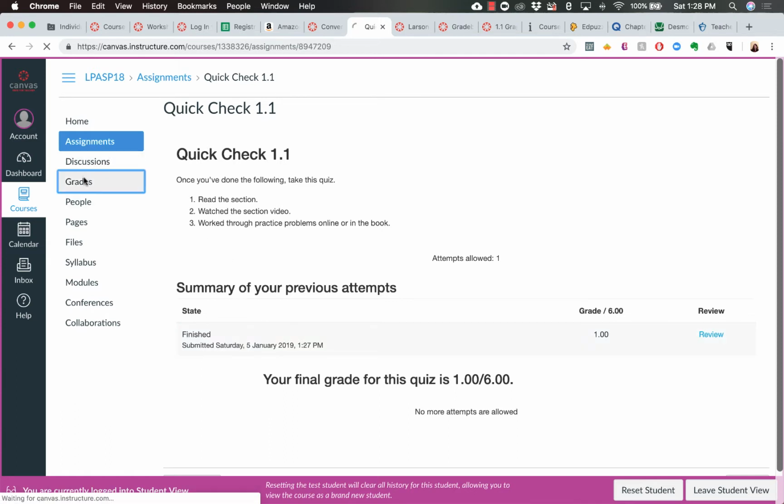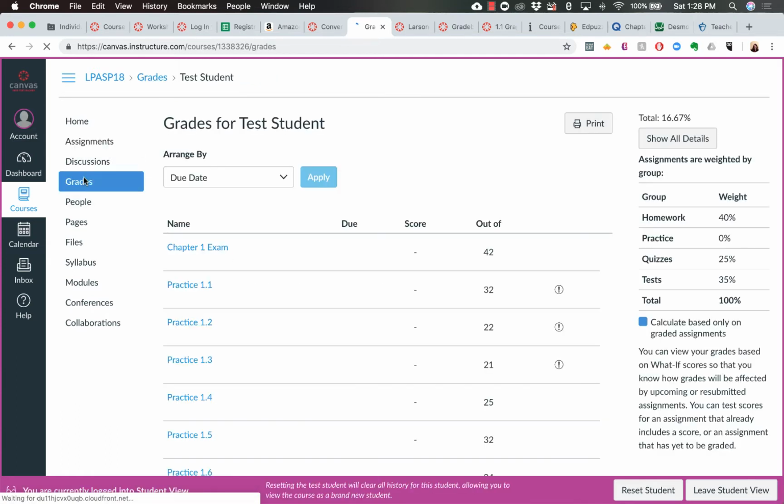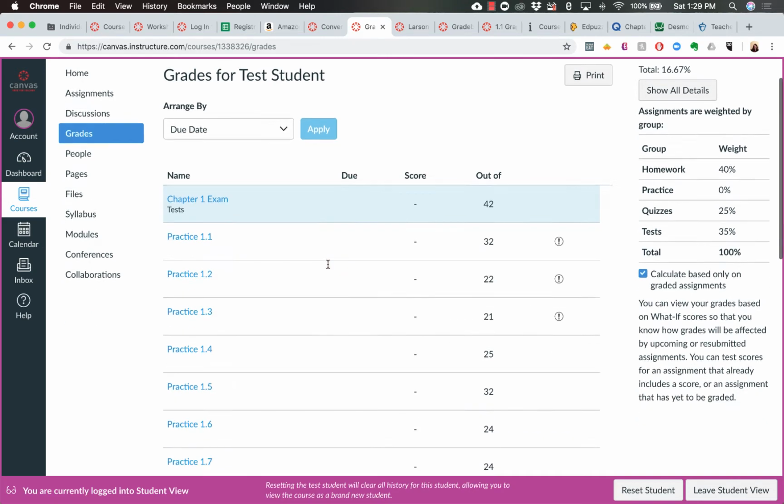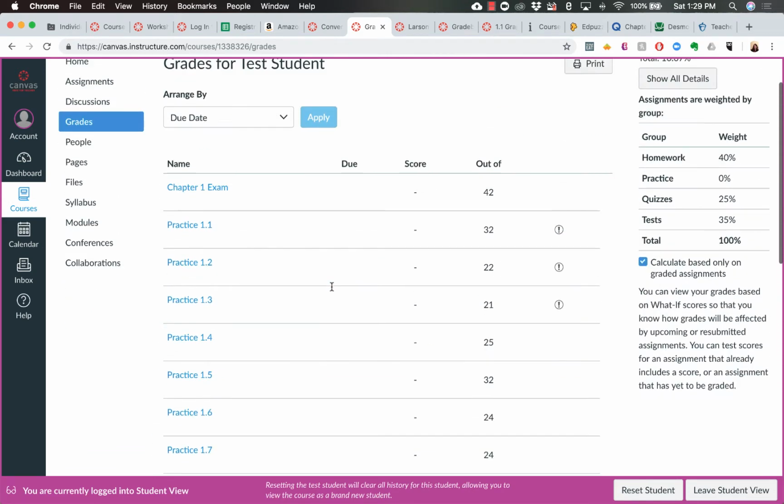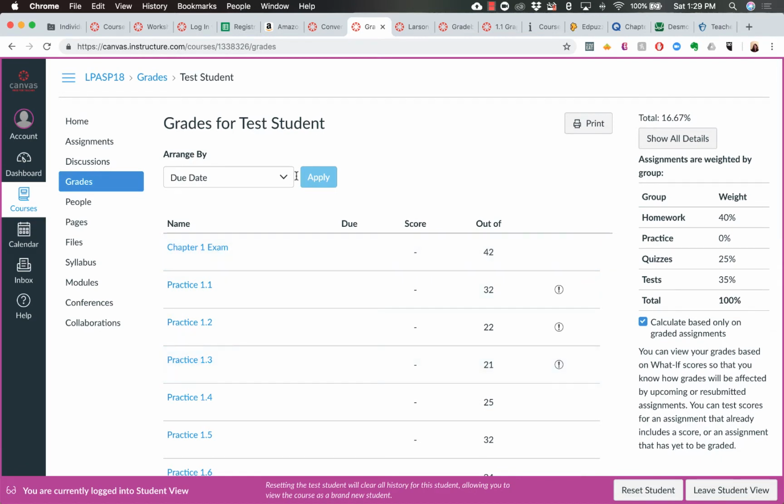Now, if you want to see their grades overall, you can go into grades and see. So this student has not taken anything, right? This is a pretend student. The only thing they've taken so far is the quick check. They got a 1 out of 6. All the rest is blank, and it's arranged by... there aren't any due dates actually because this is self-paced, but